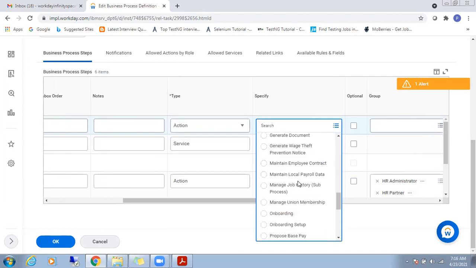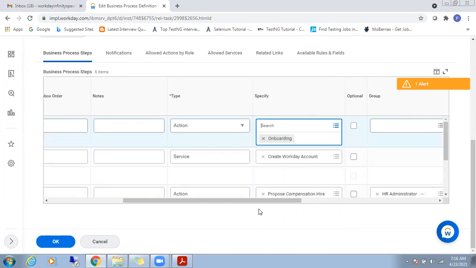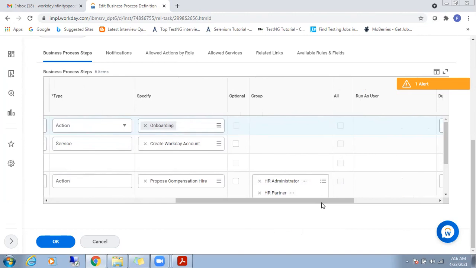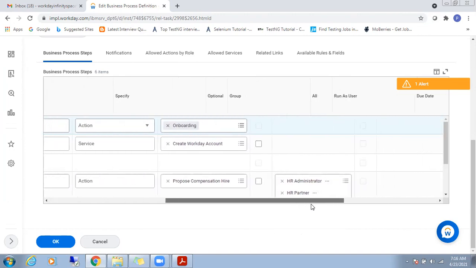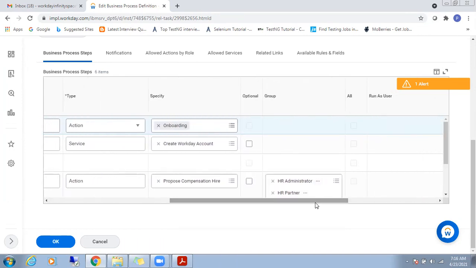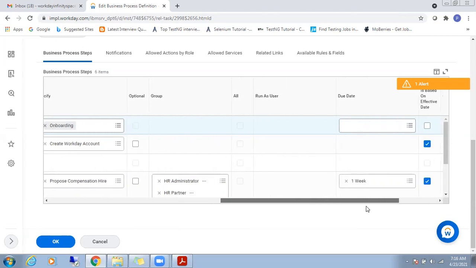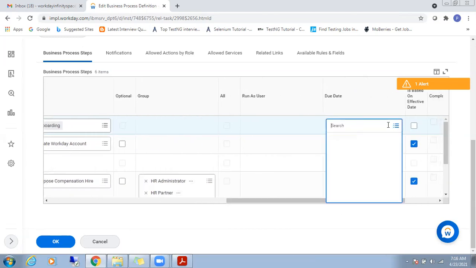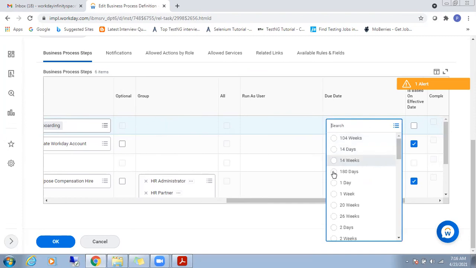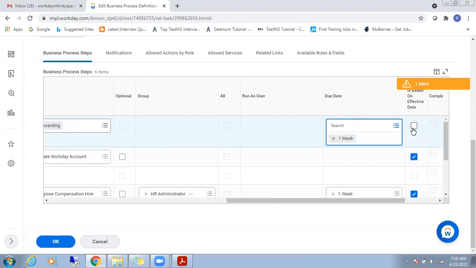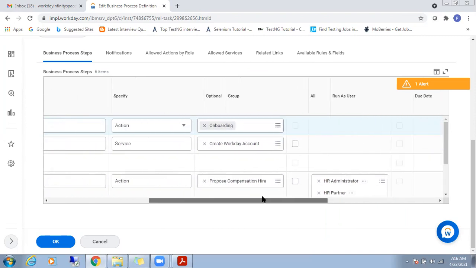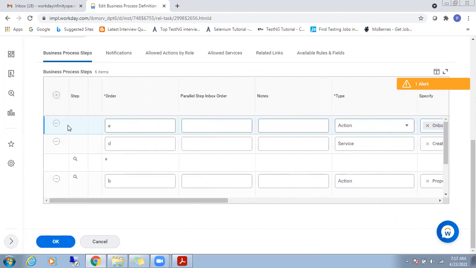Here you will see that when the process of onboarding is set up, this is also an action event that needs to be done, where we are going to start the onboarding event. So these are the different steps that we are going to perform.